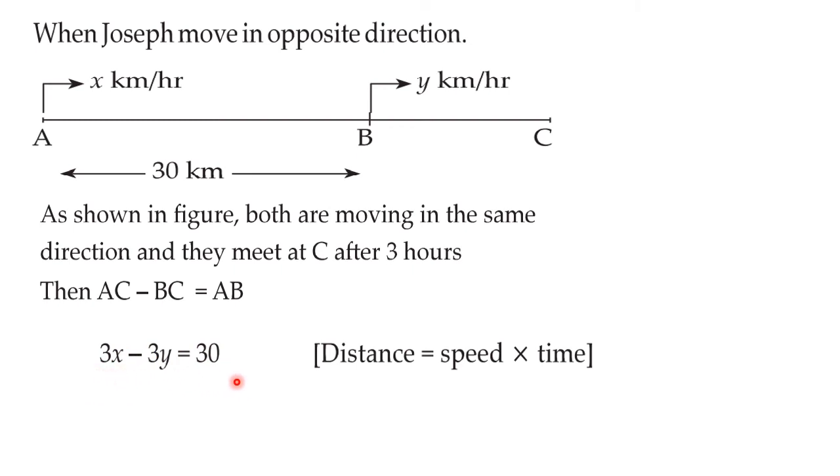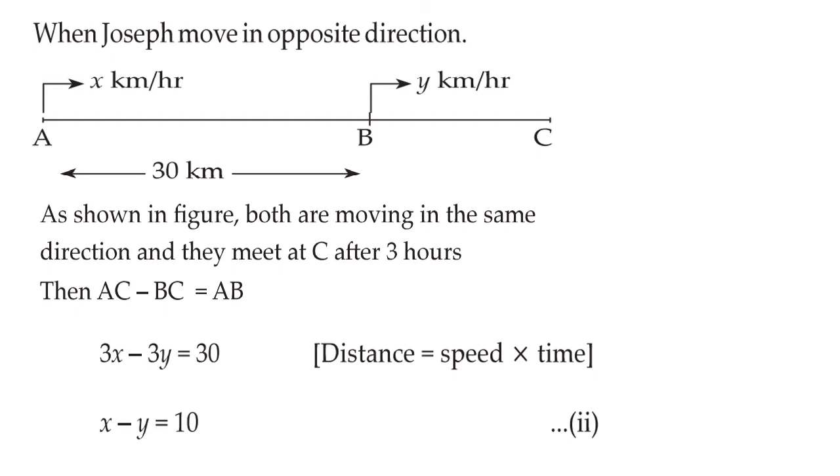So here we can simplify the equation. You can divide by 3 throughout, then you are going to get x minus y is equal to 10. Okay, equation number 1 was x plus y is equal to 90, and here it is x minus y is equal to 10. For deriving the equations, we need to do all these things, but the equations formed are very easy. Afterwards, you can solve them very easily. There you have plus y, here you have minus y, so simply by adding 1 and 2, you are going to get the answer of x.